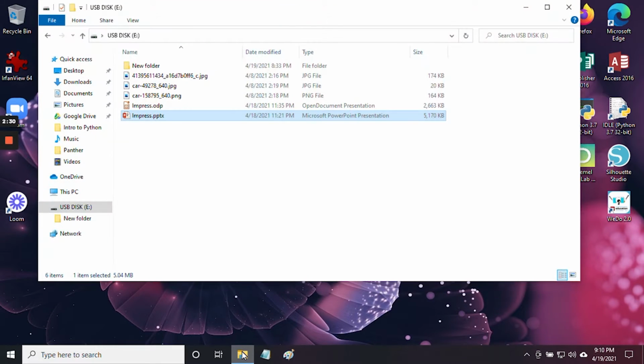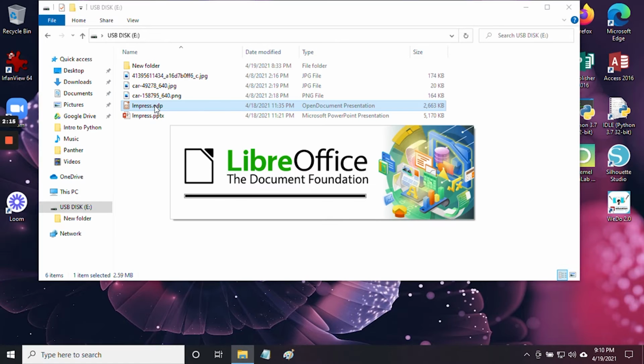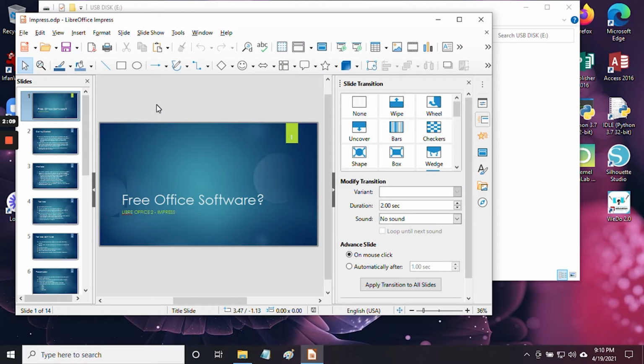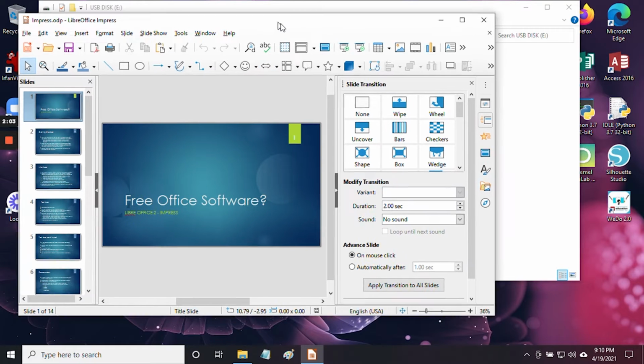And the other way we can go about opening LibreOffice Impress is to double click on one of the files. LibreOffice Impress files have an extension of ODP. But if you have other software on your computer capable of opening slideshows, you might get some windows that ask you which application you want to open with. So this opened just fine,